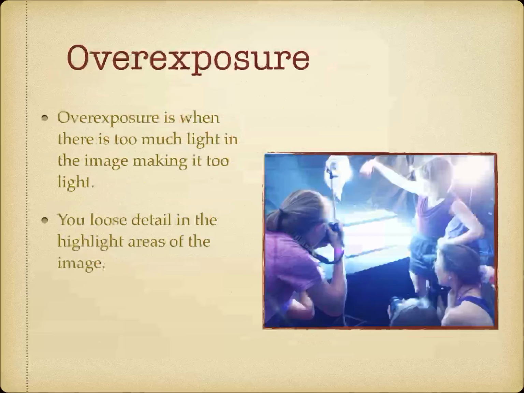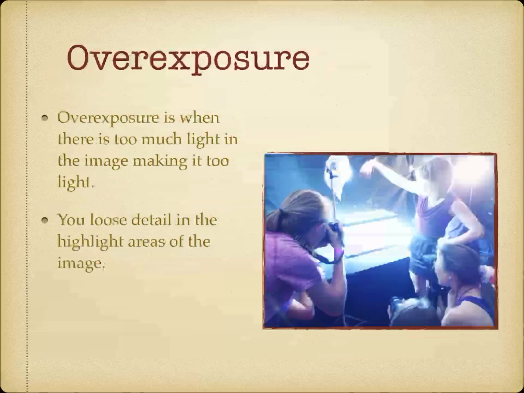Now, once you get really good at this exposure thing, you can start over and underexposing just a little bit and make some really cool effects, right? Like if you want the dark areas of your photograph to be really dark and inky, you can underexpose a little bit. Or if you want clouds in the sky to pop, you can overexpose a little bit, right? But not yet. Right now, the only thing you are concerned about as beginner Photo 1 students is getting